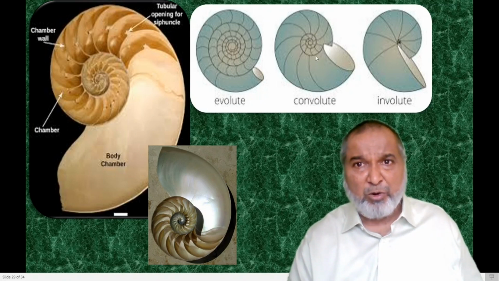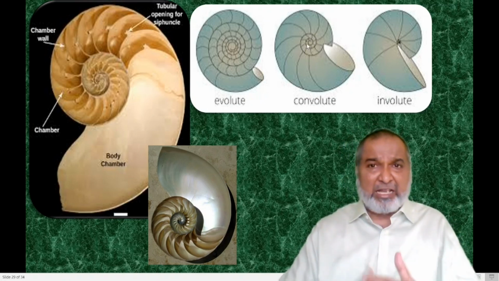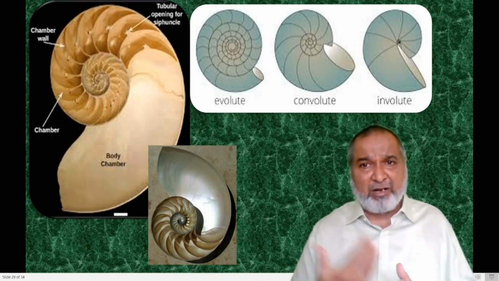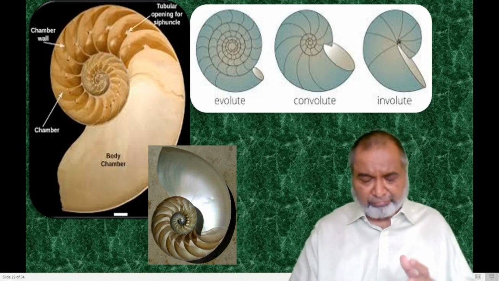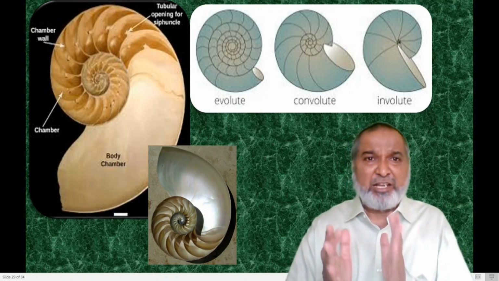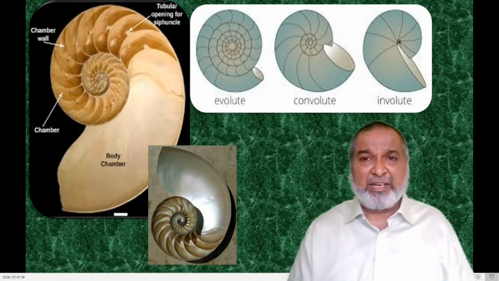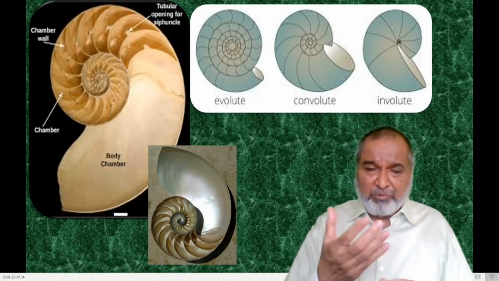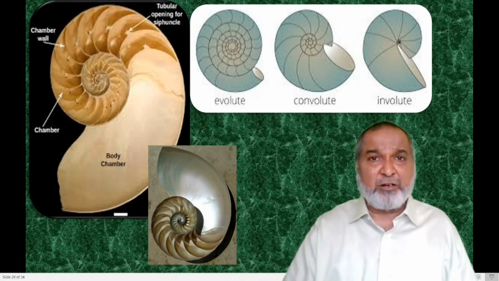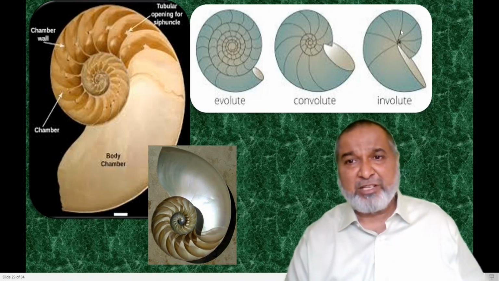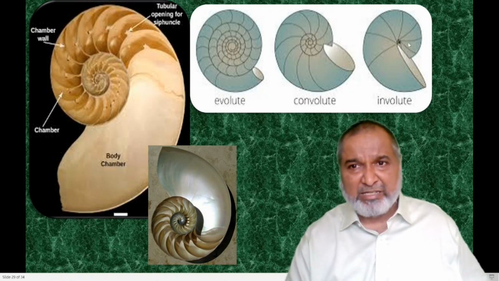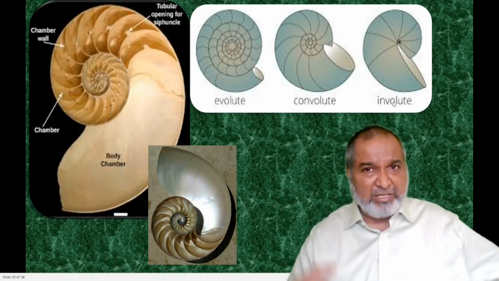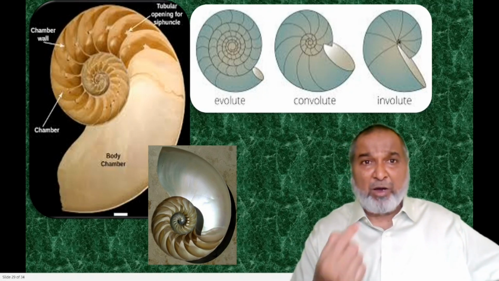Next one, now you see only some of them partly. Partly it has been covered. The inner starting points have been covered by the last whorl. Then you see only part of those whorls. Then it is called the convolute type. And the third type, the last whorl completely covers the inner whorls. You cannot see anything of them. So it is the involute. The nautilus comes into this type. So evolute, convolute, and involute. This will be asked in theory for 1 mark.